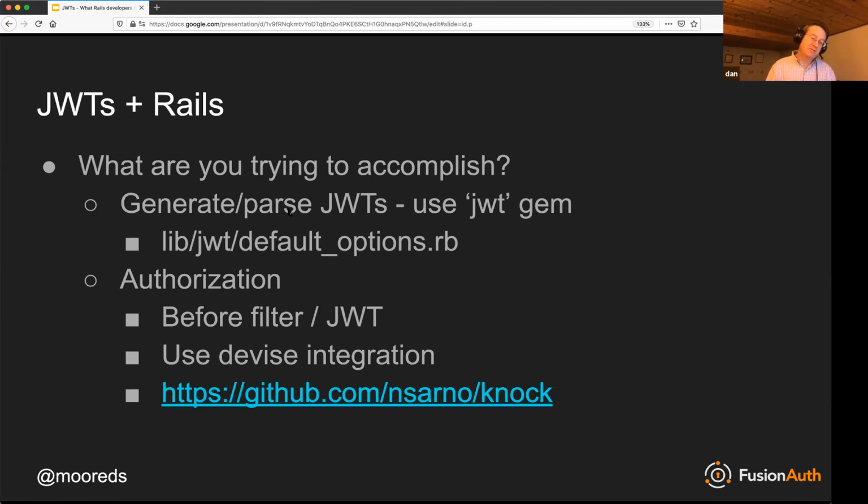If you're doing authorization with them, I've built out a before filter that went into an action controller, or is it before action? I don't remember what it's called, but it executes right before any request is processed, and it just examines that JWT. I don't think it's in this presentation, but I can share that blog post if you want. There's also Devise integration, which I have not done much with. And finally, for APIs, the Knock gem was recommended to me by a friend. It's a really nice, tightly integrated API authentication layer for JWTs, but again, I don't have personal experience with that.